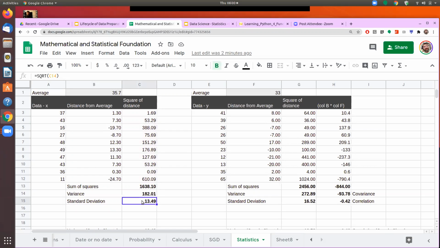So now this becomes another measure of dispersion. For the data set, you will see that I have the average, which is the mean, and the standard deviation. These two become the key characteristics of any data set. That is, where it is centered and what the standard deviation is. If the standard deviation number is larger, then we know that it is a more flat kind of data set.